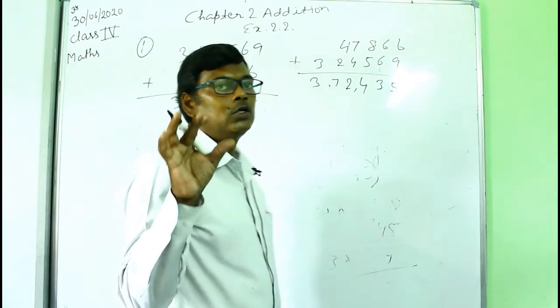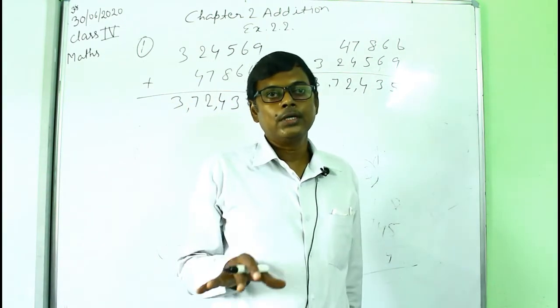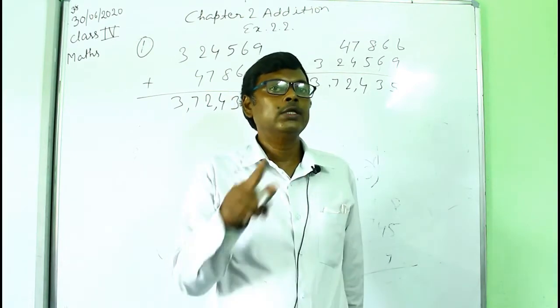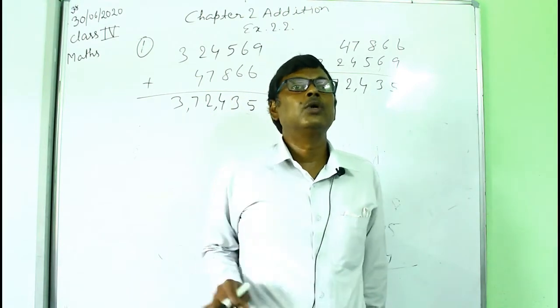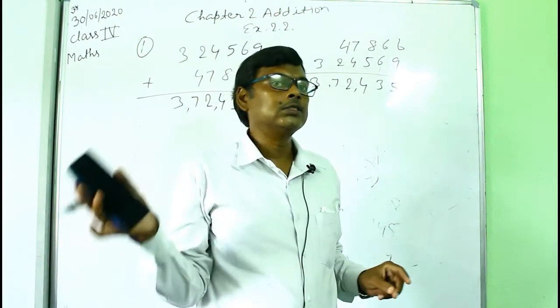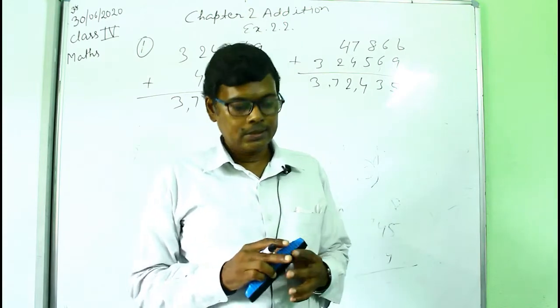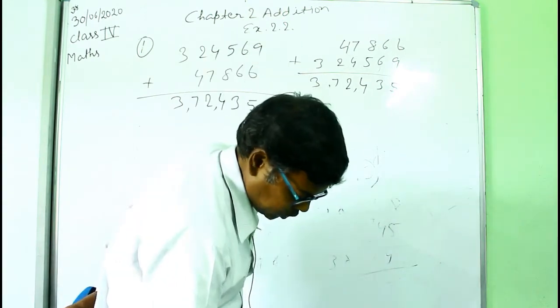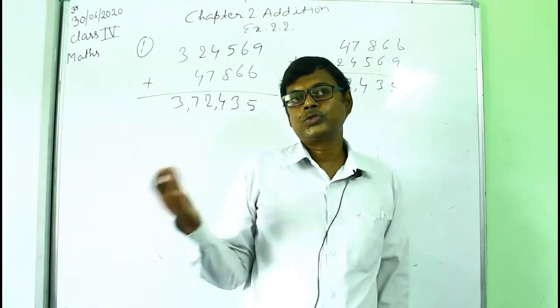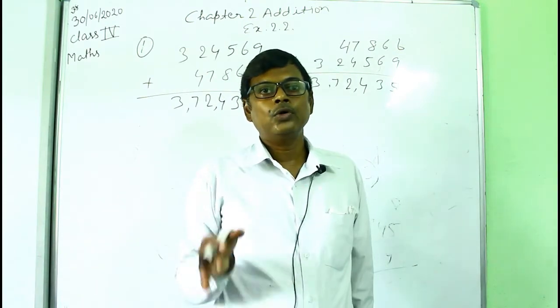In your book, see the question. In that question there is a green box. In that green box you will put the equal sign. You will first show by adding, and if the answers are equal, then write the equal sign in that green box. The other questions are similar, so you can solve the other questions also.